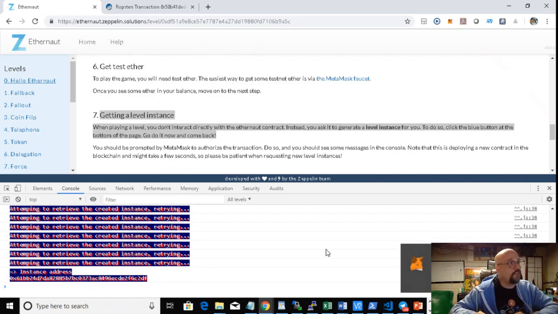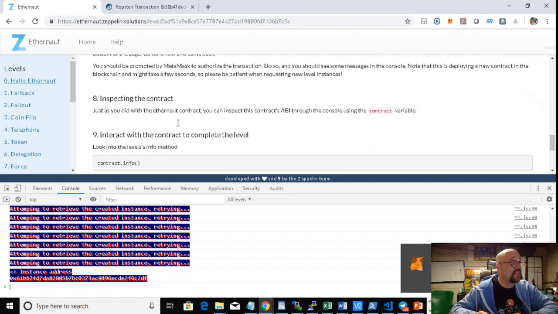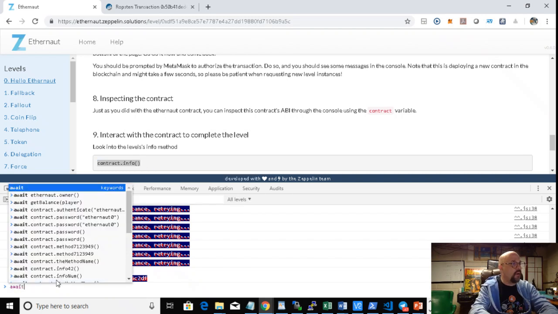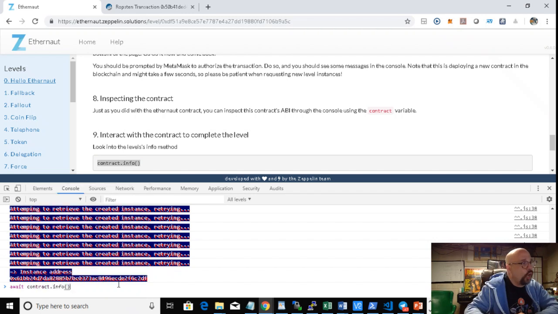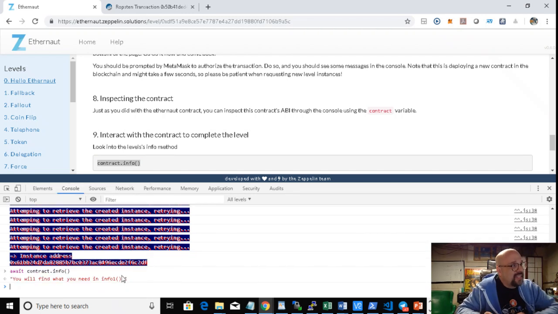And there it says it's confirmed, right? So as soon as we got that confirmation, we see the confirmation here. Awesome. So now we can actually interact with that instance of that contract. If we wanted to look at the info on that contract, we could just go ahead and put that in there. Of course, we're going to prefix that with the await like we were doing earlier. And so now it's telling us that we will find what we need in